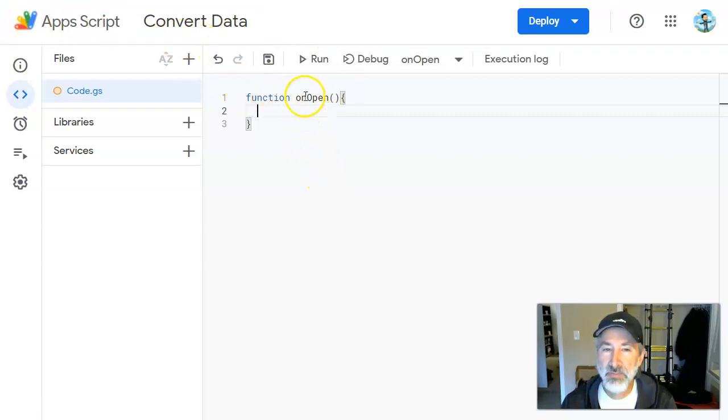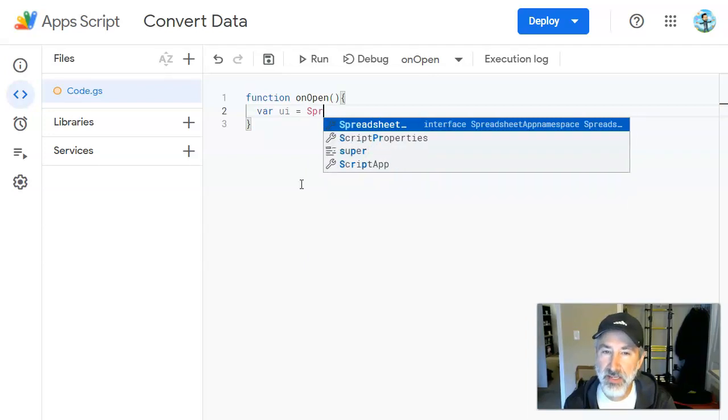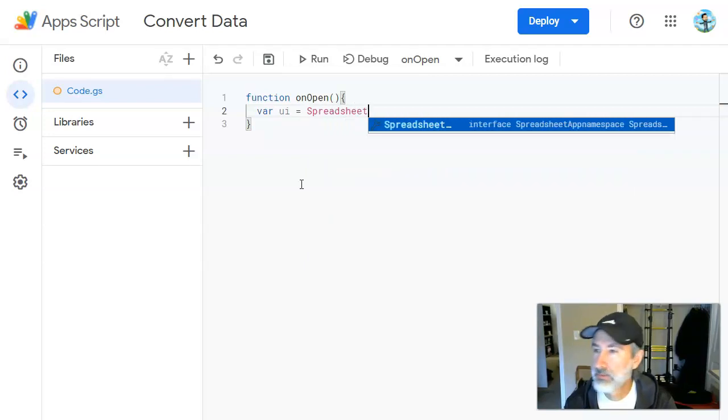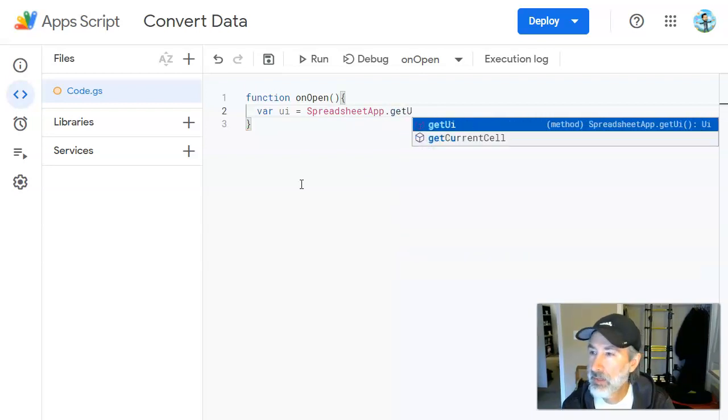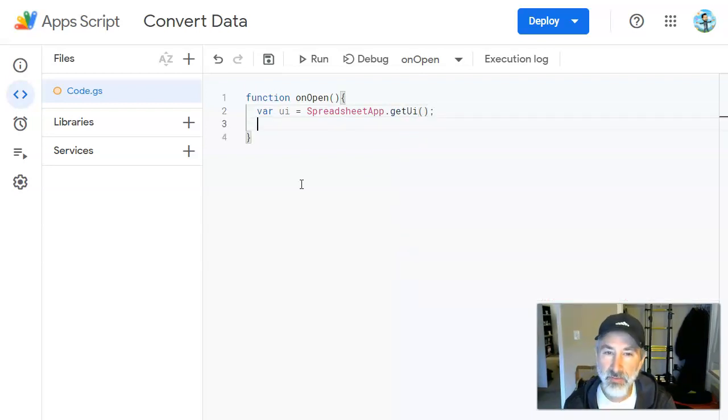Anyways, we're going to make a function onOpen with 2 parentheses and then 2 curly brackets. And we're going to put in there var. We're going to make a variable called ui, and it is equal to SpreadsheetApp.getUi. There we go. And that variable will allow us to create a menu item that will let us run this script for any